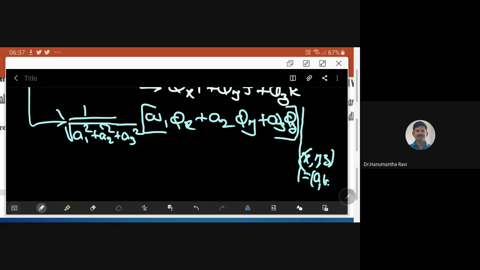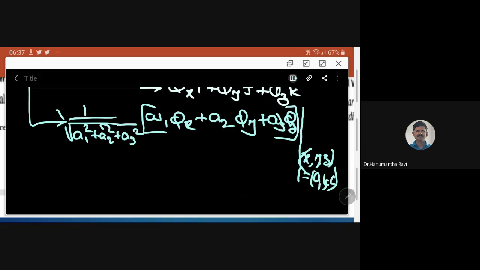Simply a, b, c. That is the point we are considering, capital A. So we need to consider this, right? This is known as the directional derivative. That is one more important concept here. And then subsequently, next to that,